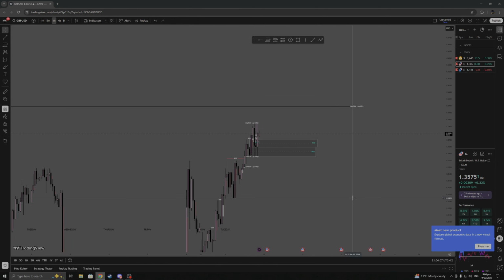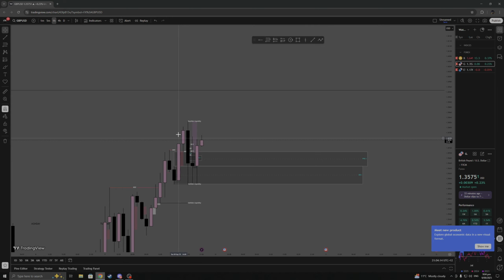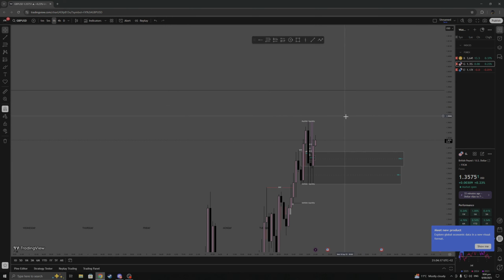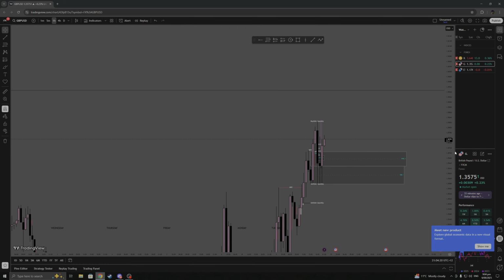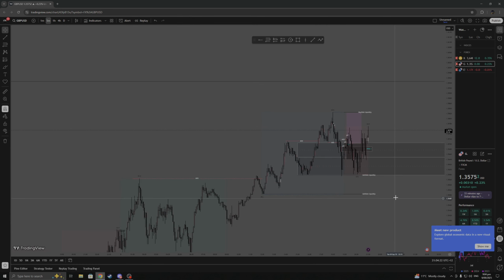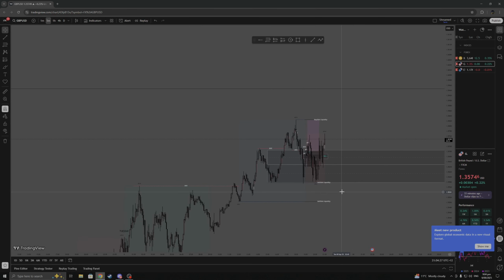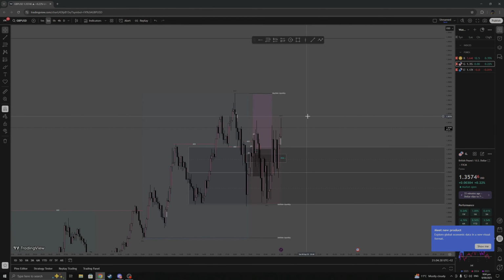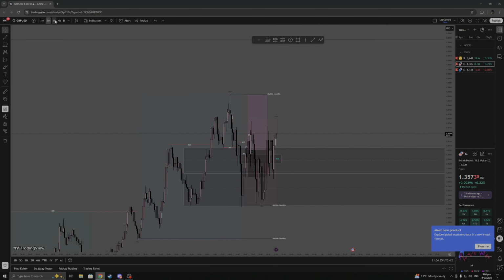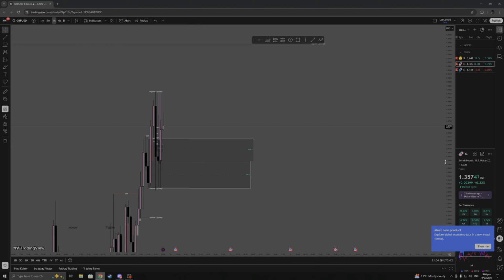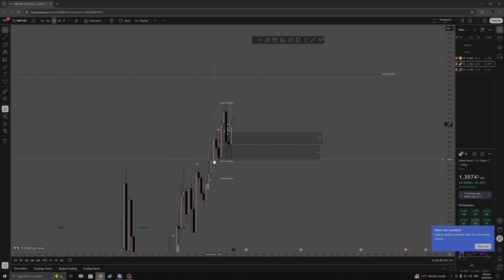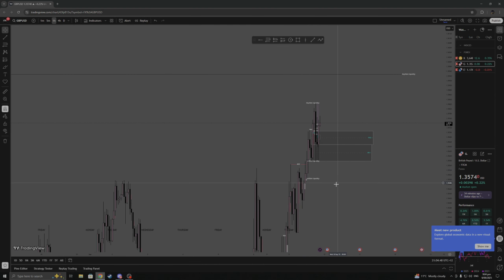which was this, right? We had that pull down and we had that break up, so we broke structure there. And the draw on liquidity was not only these session lows down here, but these hourly lows. But I would expect for price to at least close within this 1 hour fair value gap and order block, just because if we close below this low, therefore it wouldn't be taking out liquidity. It would be we would have closed and we broke structure, and that means we would be targeting